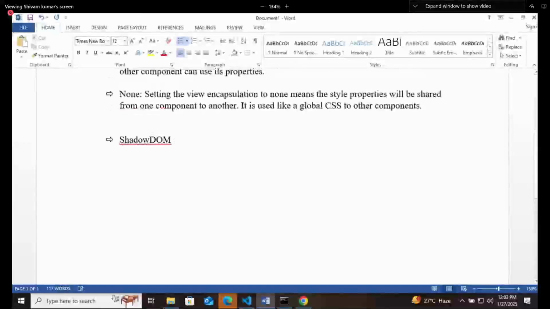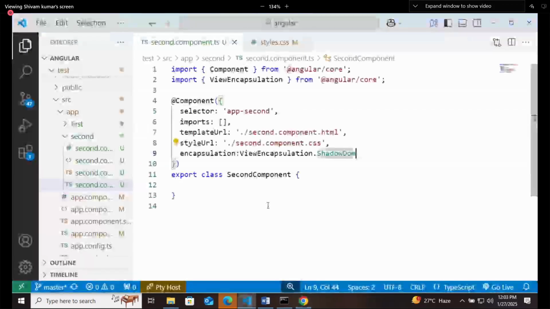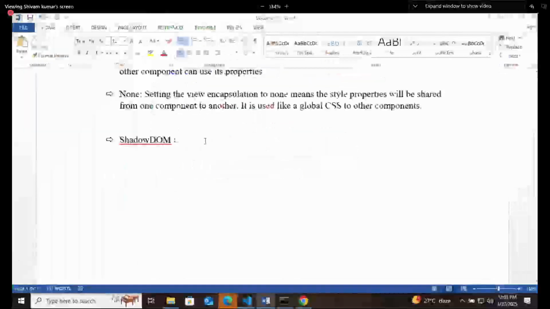So what will Shadow DOM do? Why is its name Shadow DOM? Because the second component is not going into the main DOM now. It is creating another DOM to use. So this Shadow DOM